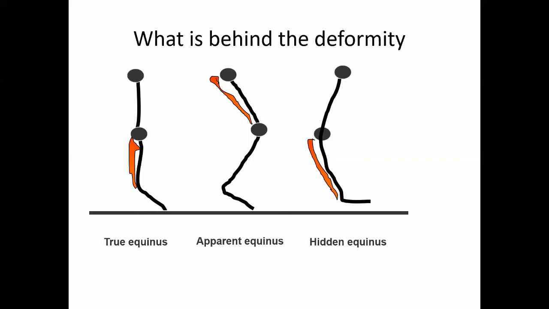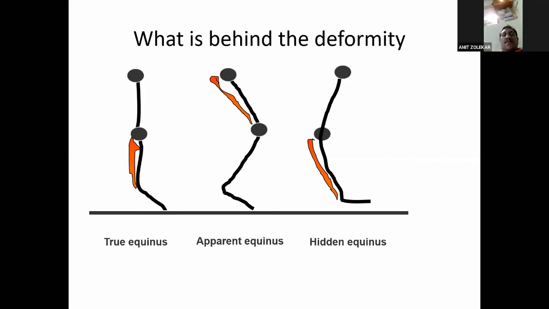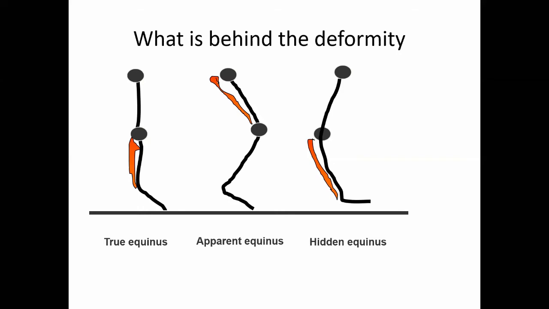So the points we understand here are that how the ankle behaves depends on the knee. If the knee is straight, the ankle behaves as it is supposed to. However, if the knee is flexed more than 30 degrees, then the ankle will behave as if it is in equinus, though it is not in equinus. We call this apparent equinus. If the knee is in recurvatum, the ankle will behave as if it is plantigrade, though it is in equinus.